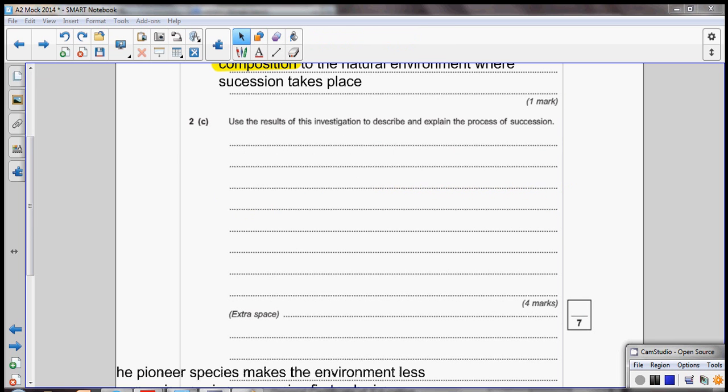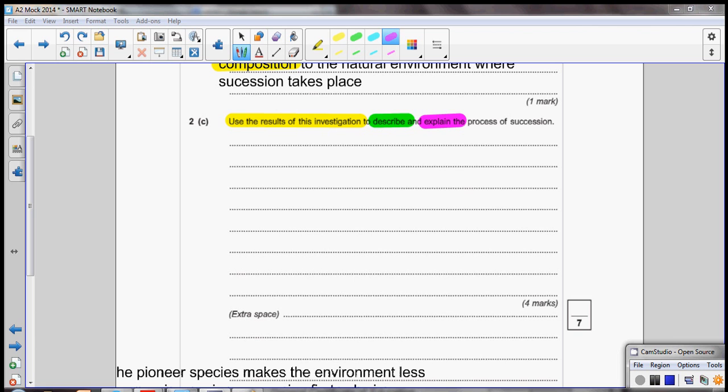Moving on to the last part of question 2, we have a question that asks us to use the results of this investigation to describe and explain the process of succession. I've highlighted the 3 instructions the examiners have given us here. They want an answer that describes succession and explains it, and they want us to use the results of our